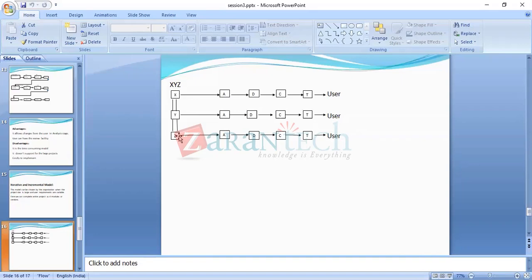After a few years, they also added the deposit option. If you want to deposit, you don't need to visit the branch, you just visit the ATM. And after some years, they also added the mini statement module. If you want to take the statement of your bank account, you can do it directly.